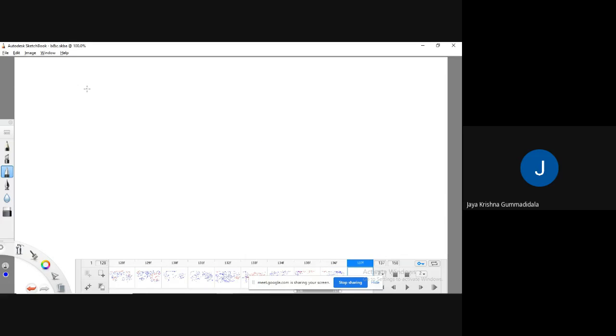For example, there are n number of methods, and there is one method which is made abstract, void m method. Then we must and should declare this class also abstract. This class is also abstract. Okay, fine. So what is the need of declaring this class also abstract?